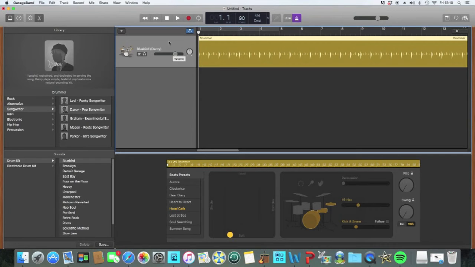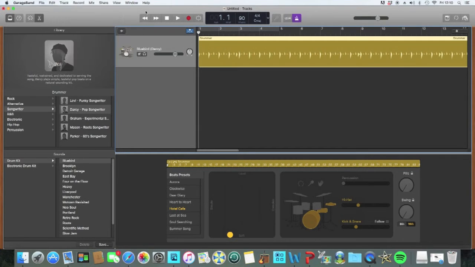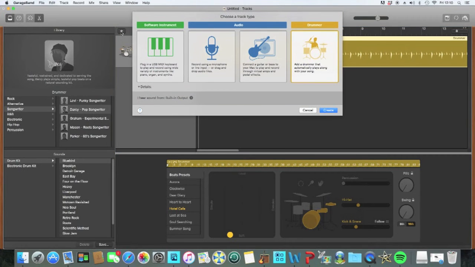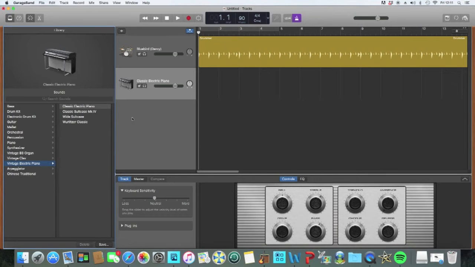Okay, let's try adding a track. So we're going to add a MIDI track first of all. So here's the plus here, so it says new tracks. You can also go up here and track new track, but we can just click on here as a shortcut, so plus, and this time we're going to add an instrument, and this is going to be a MIDI keyboard. So I'm going to click on that and create, and it automatically comes up on mine anyway as the electric piano, and you'll see down here electric piano,